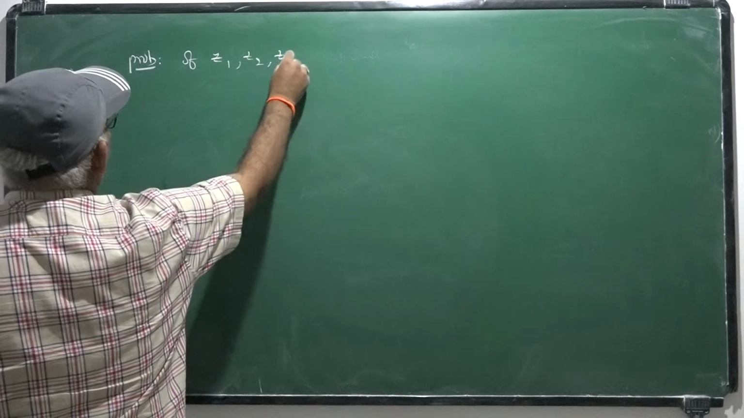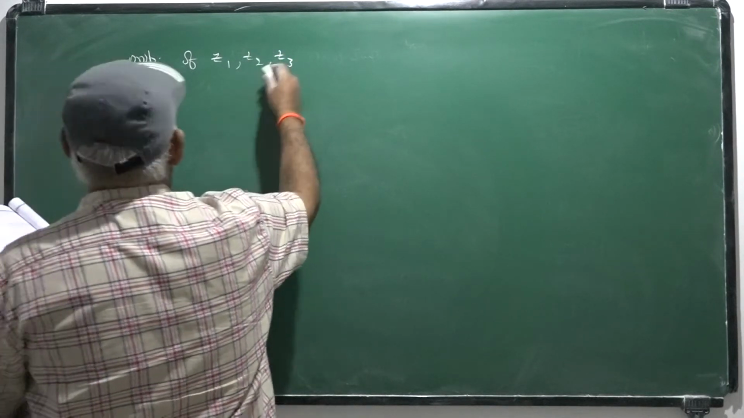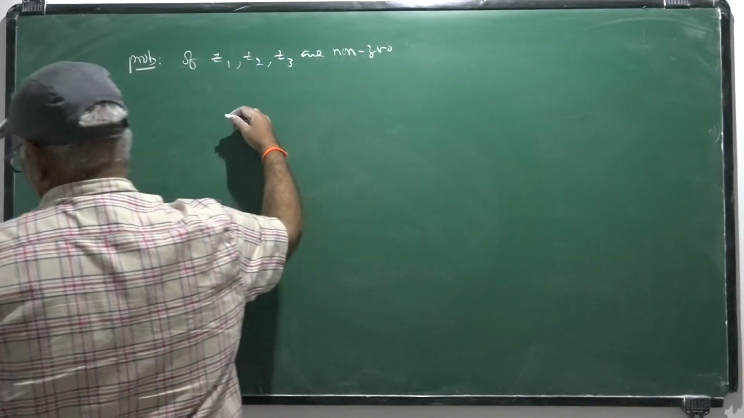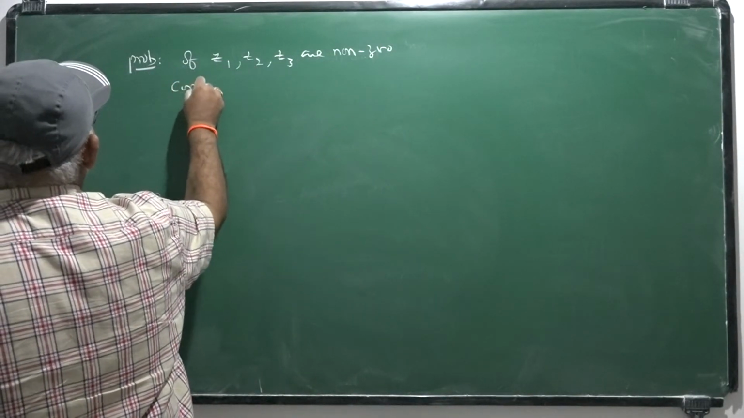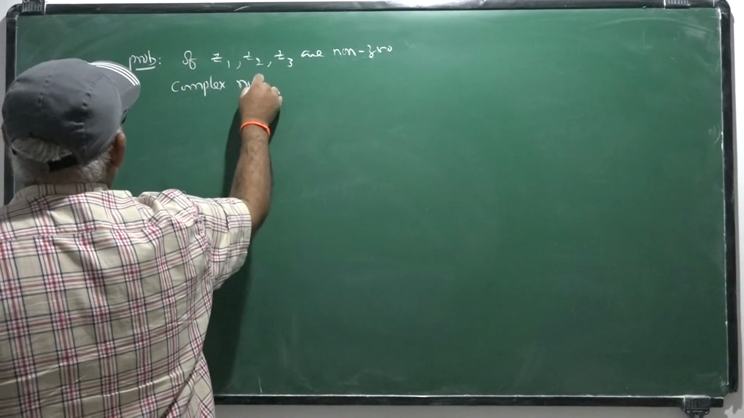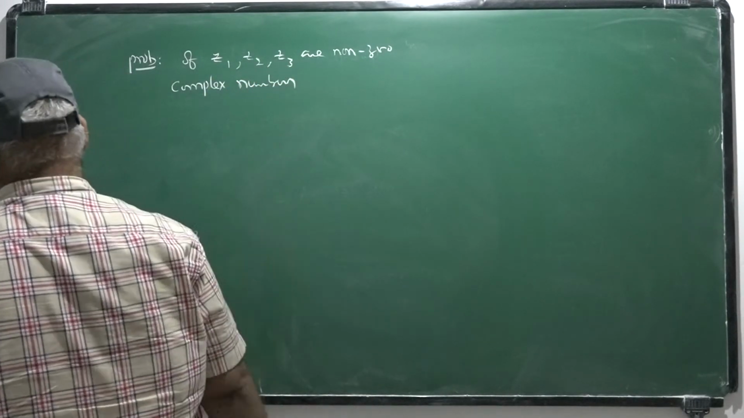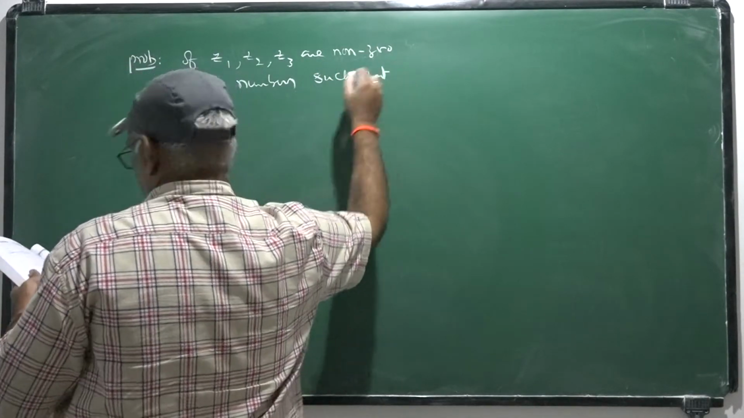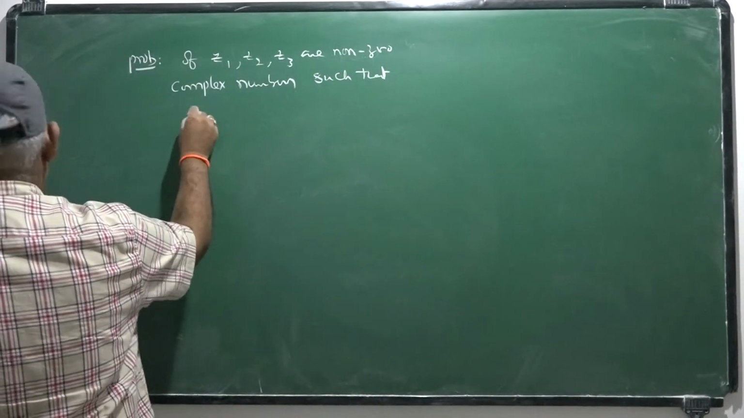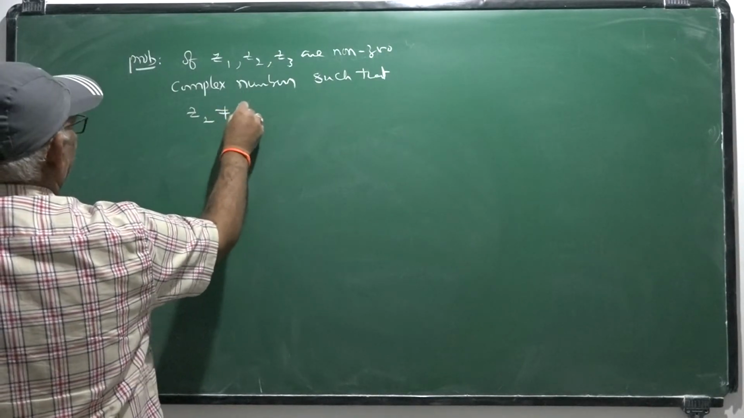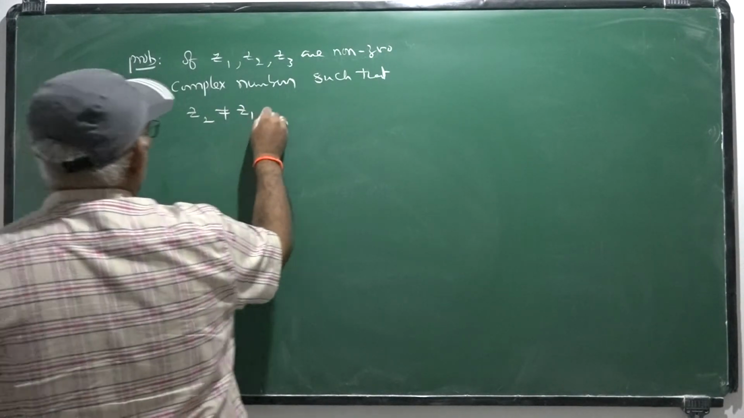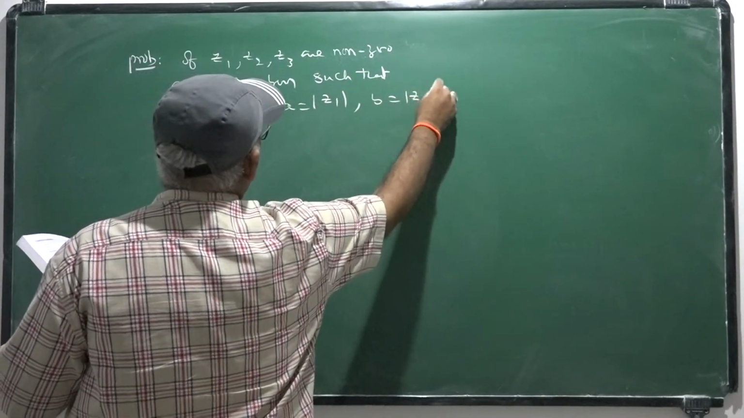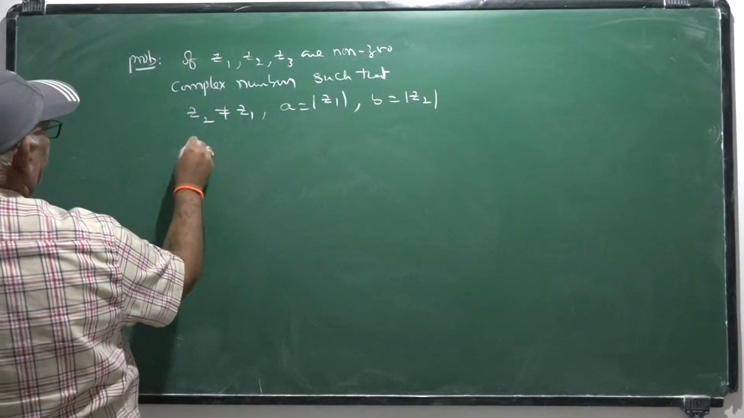Z1, Z2, Z3 are non-zero complex numbers such that Z2 is not equal to Z1, and A is mod Z1, B is mod Z2, C is mod Z3